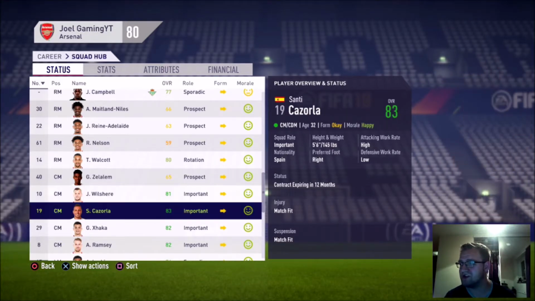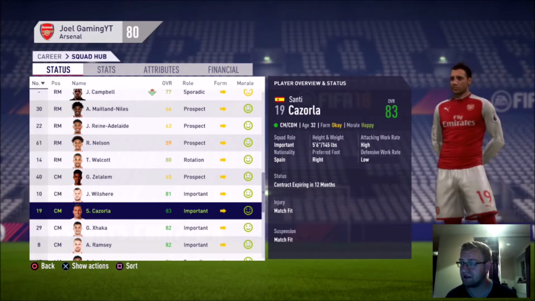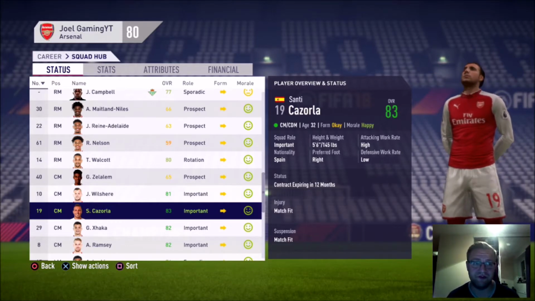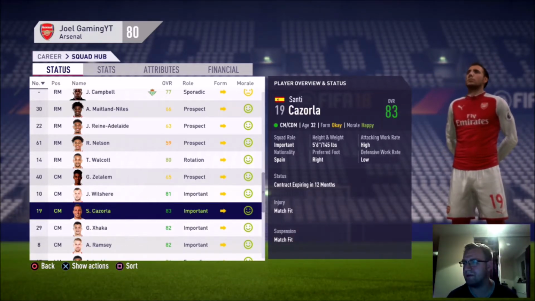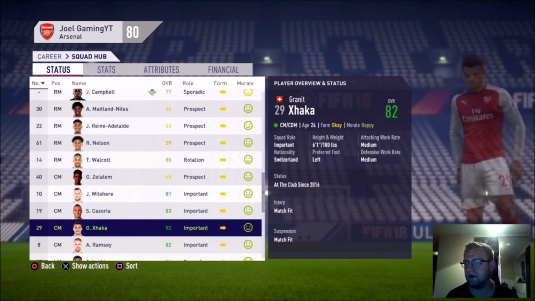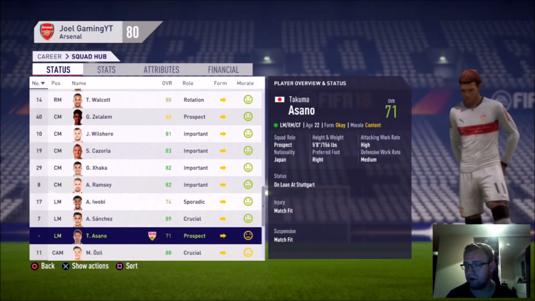Jack Wilshere, Cazorla. We'll see what happens with Cazorla, because if he decreases in his overall, then obviously we'll use him in swaps. See how he does by January. If he's dropped down by a couple, then it'll be time to say goodbye to Cazorla and use him in a swap deal. Xhaka we're keeping, Ramsey we're keeping, Iwobi we're keeping, Sanchez, Asana's out on loan,